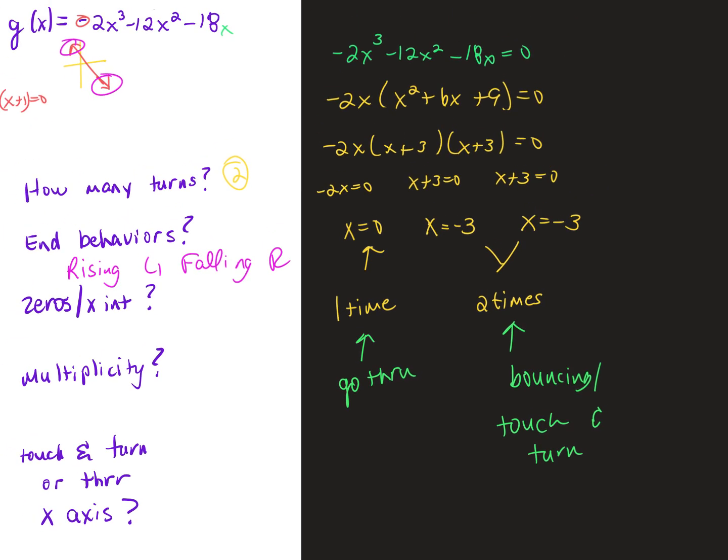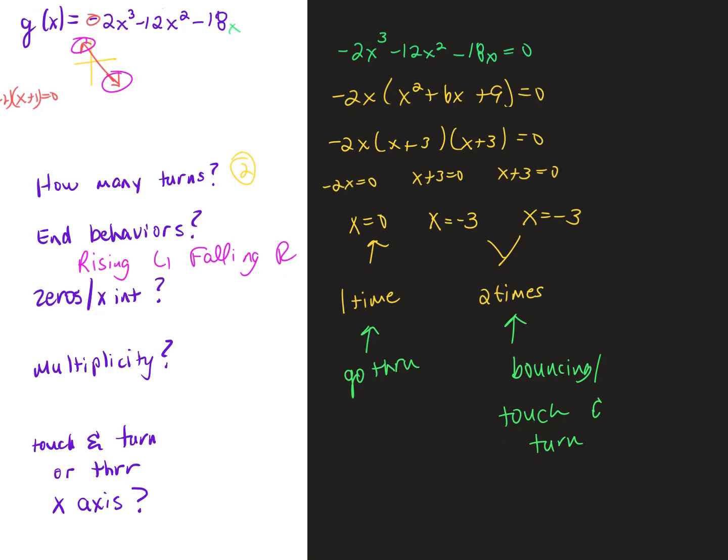So you've just answered all of the questions. We already talked about end behavior, what it's doing. And then by finding the zeros, you identify the multiplicity and what it's doing. You could just draw arrows like that, like I did. You don't have to go back to the line and write it out. It's no big deal. So if we're going to graph this,